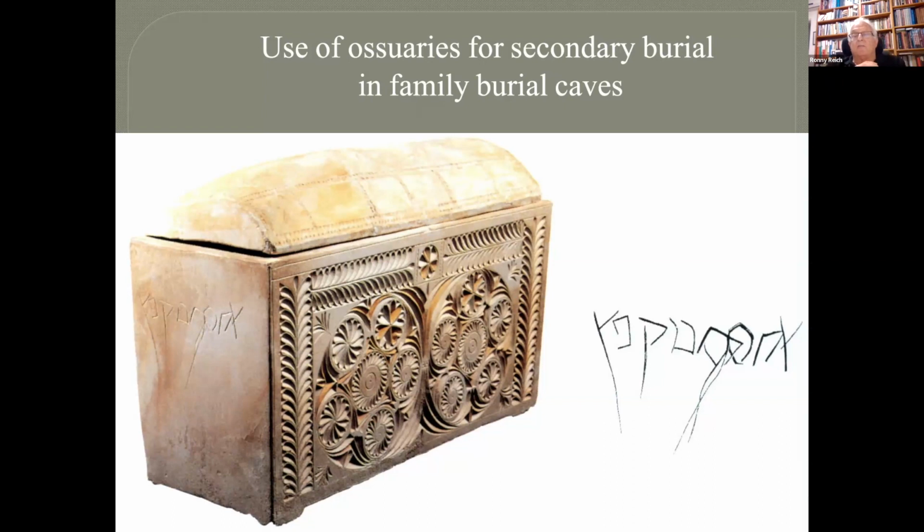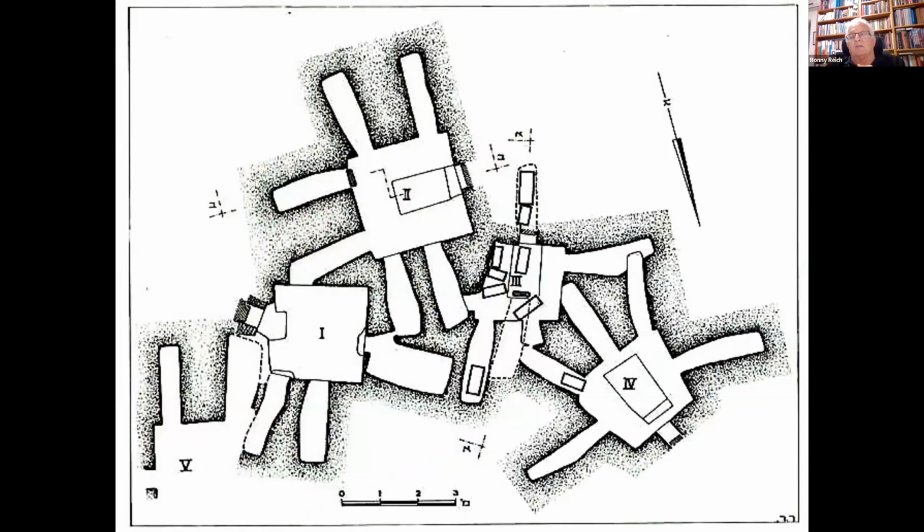The next, please. You can see here, this was my first personal excavation on Mount Scopus, 1972. Actually, it was handed to Avigad, and Avigad said, Reich, would you like to excavate it instead of me? Yes, of course. And this is a plan of 5 burial caves, one next to the other, one breaching into the other. And you can see that the third one in the center, number 3,